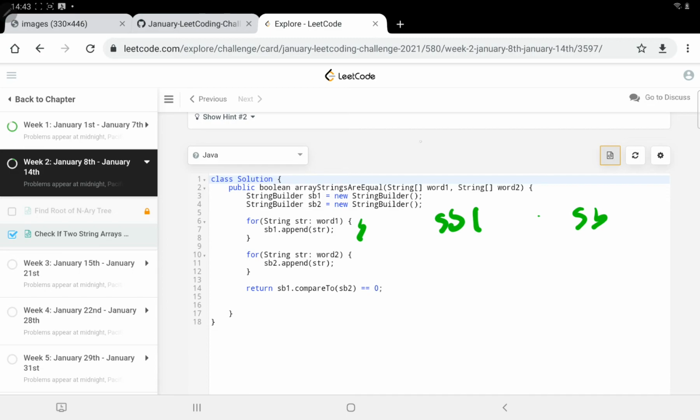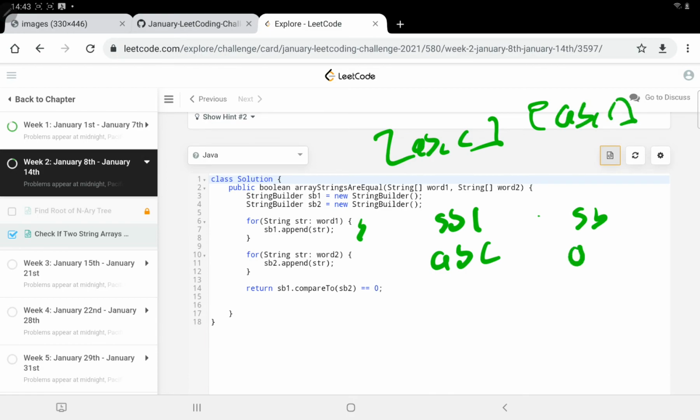So suppose our first array is A, B and C, right? So we will pick A, B, then again we will append C. Similarly we will go to the second one, and again that is probably A, B, C. Again we will append A, B first using this second for loop, then we will append C again, right? This is A, B, C, right?